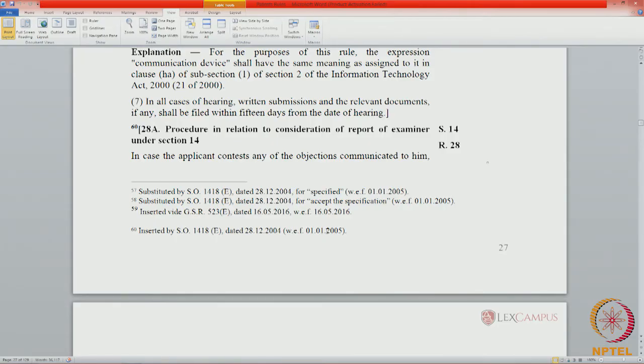The report is actually sent covering aspects of section 12 and 13, but the consideration of the report by the controller is dealt with in section 14. And we had seen in section 14 that when the controller receives the report from the examiner and the controller finds that it is adverse to the applicant or requires any amendment to the application. Now, he receives the report of the examiner and the controller feels that there is something adverse to the applicant